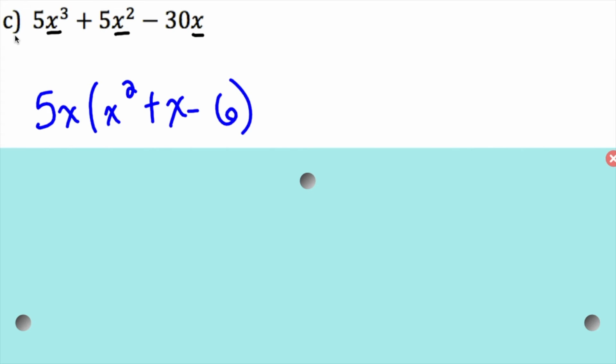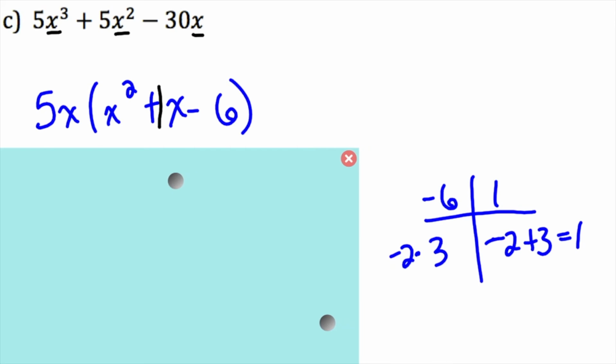So now I'm doing my table. I'm trying to find two numbers that multiply to give me negative 6 and add to give me a 1. Remember, there's a 1 in there. So here's what my table looks like. And again, 6 has two sets of factors, 1 and 6, and 2 and 3. So I'm using negative 2 times 3 is negative 6. Negative 2 plus 3 gives me 1. And again, you may need to run through a couple factors there until you get that answer, but eventually you'll